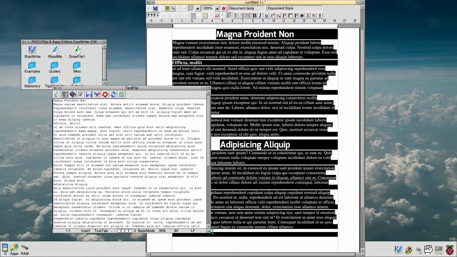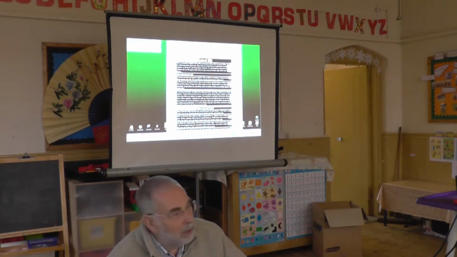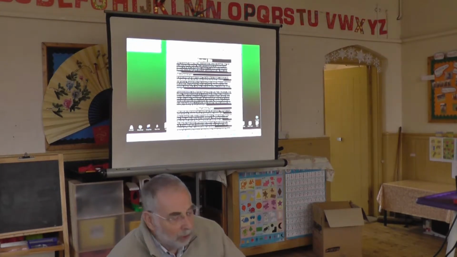You'll see there are no extra hard returns between the paragraphs, and that's because by default EasiWriter always allows you to